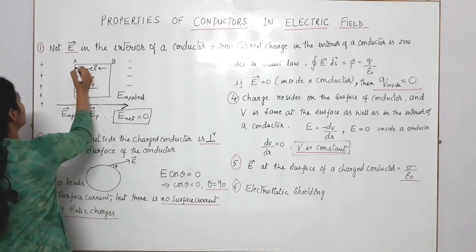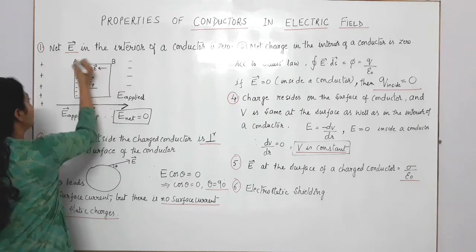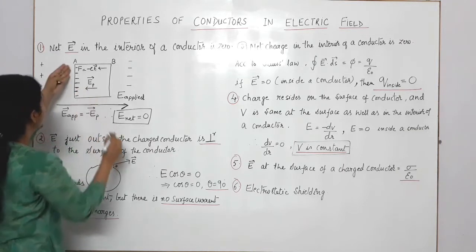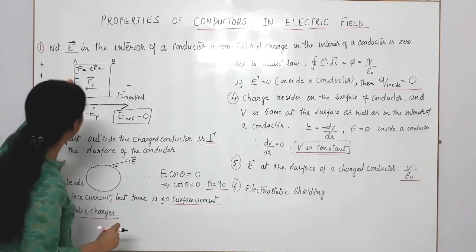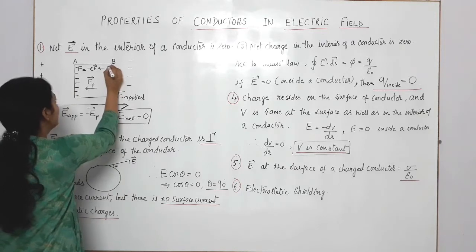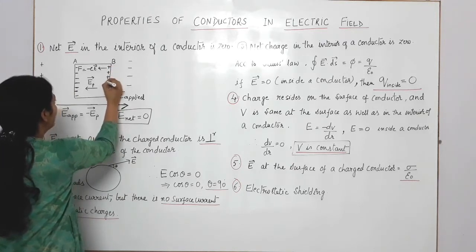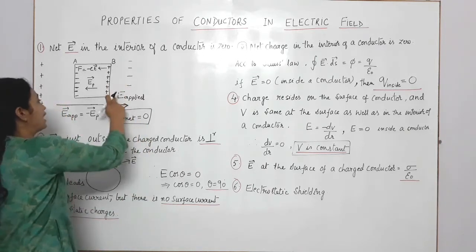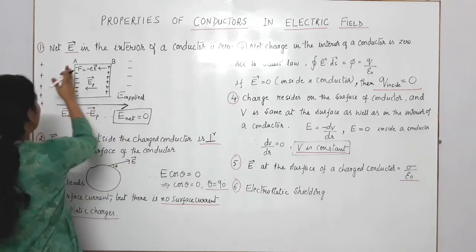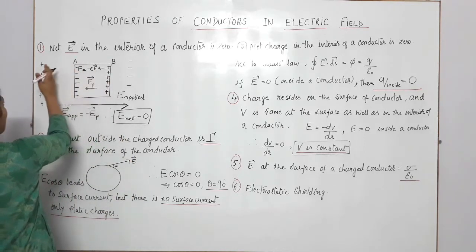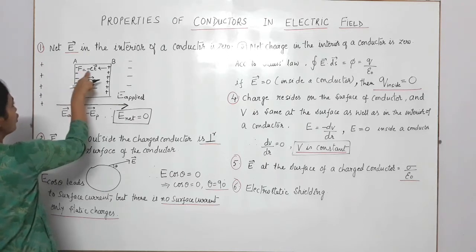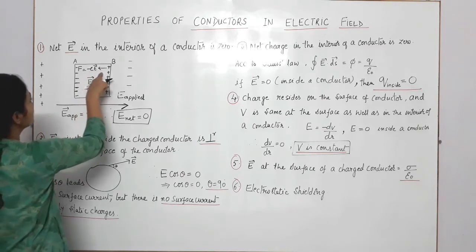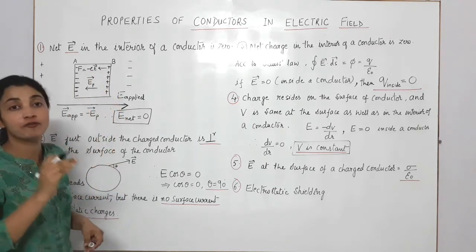So most of the electrons will shift from side B to side A, and they will reach side A. And you can say side A will be rich in electrons. The electrons will be accumulated here, leaving side B with a vacancy or lack of electrons, which gives side B a positive charge. So side A is rich in electrons because they are feeling an attractive force towards this positive charge. This force is q, the charge, times E, the electric field. Direction is opposite.